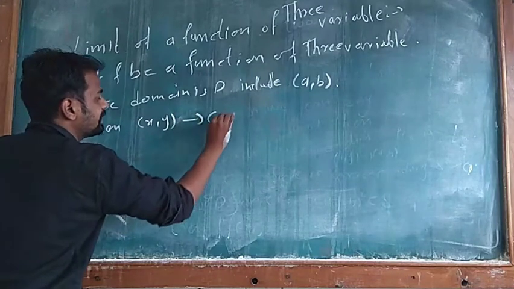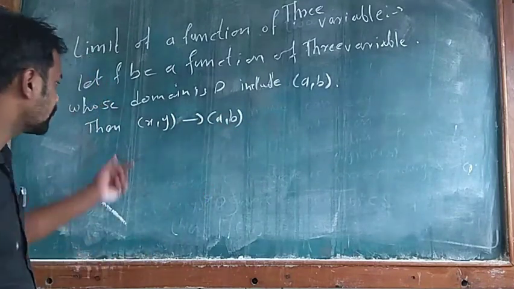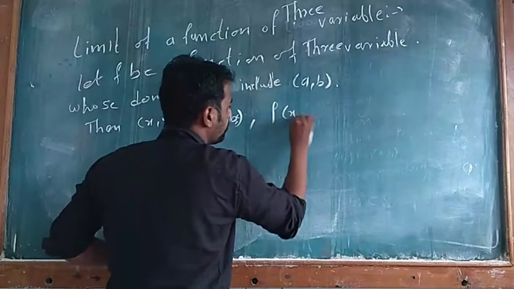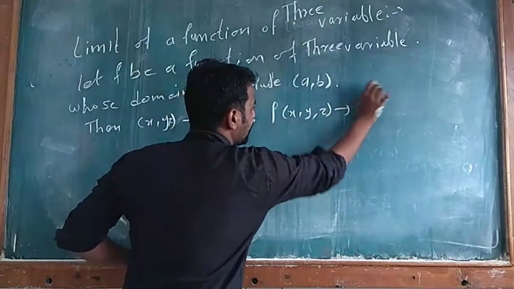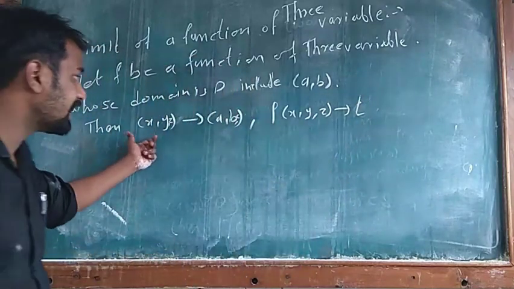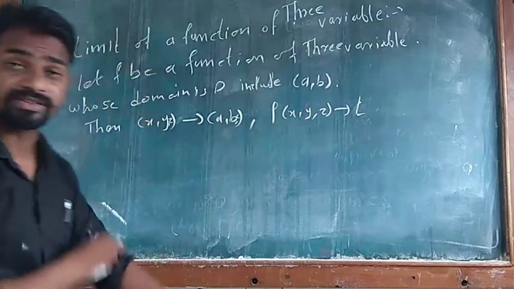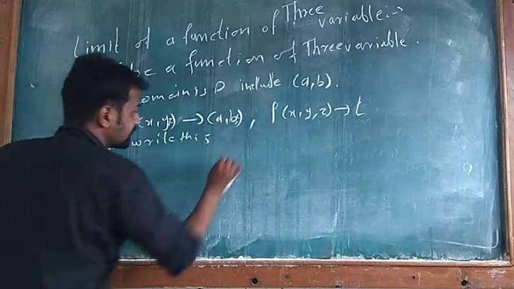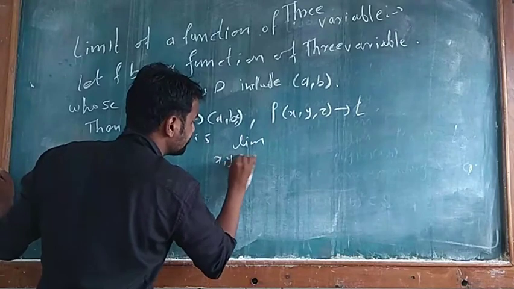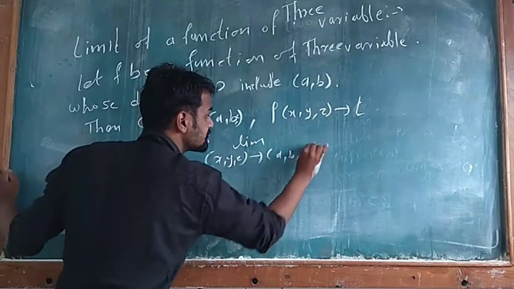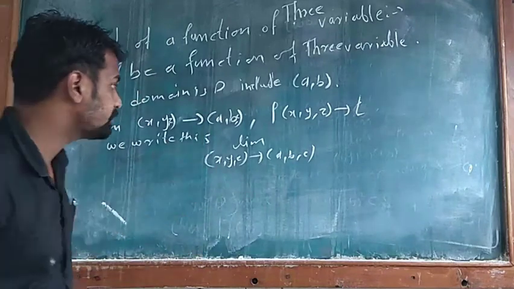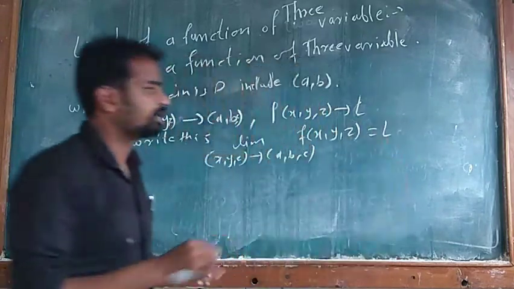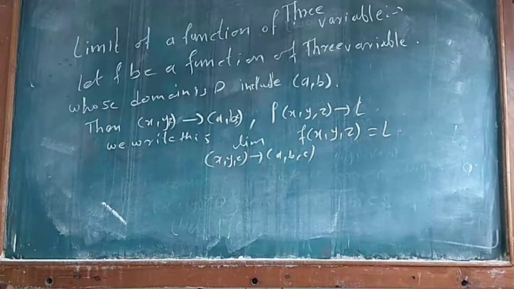Then for (x, y, z) tends to (a, b, c), we have f of (x, y, z) tends to L. That is, (x, y, z) approaches (a, b, c), then f of (x, y, z) approaches L. We write this as limit as (x, y, z) tends to (a, b, c) of f of (x, y, z) is equal to L,